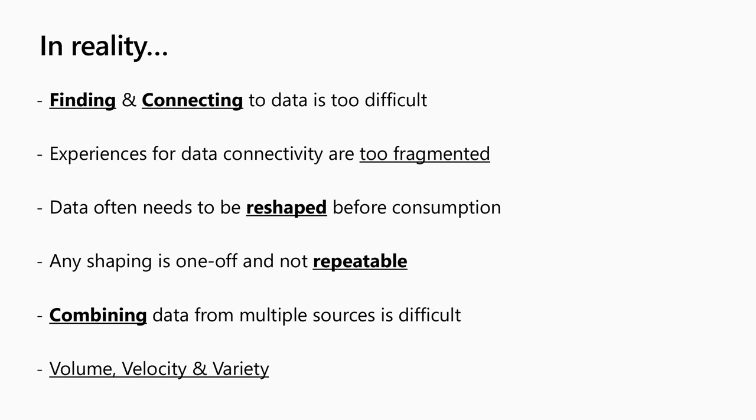Data, in most cases, not to say all cases, has to be reshaped. It's never perfectly in the shape you need for whatever you plan to do. So you need to do a lot of transformations and shaping. The shaping is different for each scenario, and it's hard to make repeatable. Combining data across sources is even harder because of different data source backends, different query languages, and different keys across two different tables that are meant to represent the same thing. You need to dedupe values, you need to fuzzy match, you need to do many things to get your data to align properly. And the last point here is about the 3 V's of big data, which I'm sure all of you have heard.